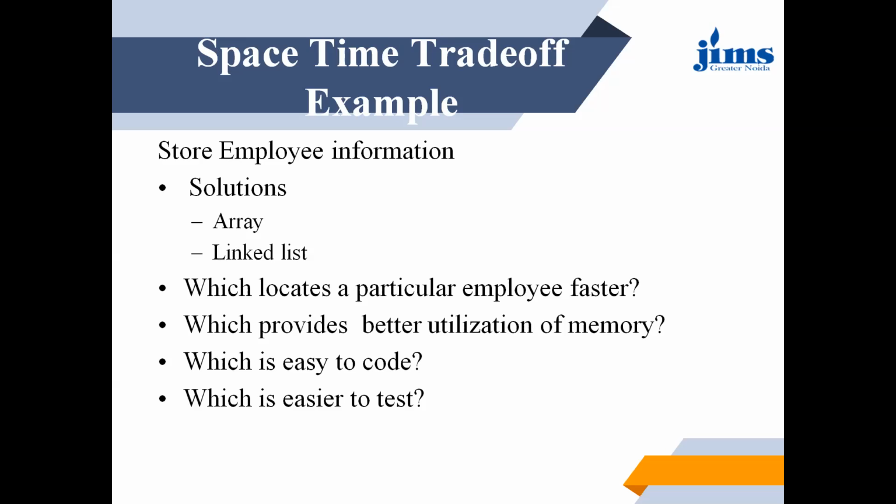So that means there is a trade-off. If somebody uses an array and somebody uses a linked list, obviously there is a trade-off, because sometimes an array will take more time and more space, right? And a linked list is fast with respect to a few operations, right? So in that case, there is a trade-off between space and time complexity, and we tried to explain the time and space complexity trade-off through this example, right?